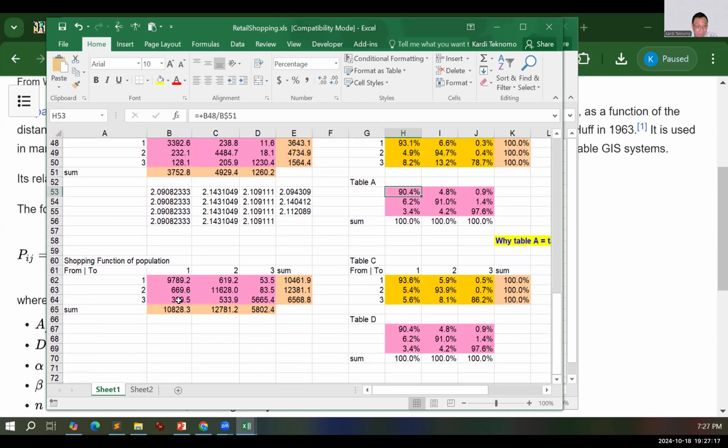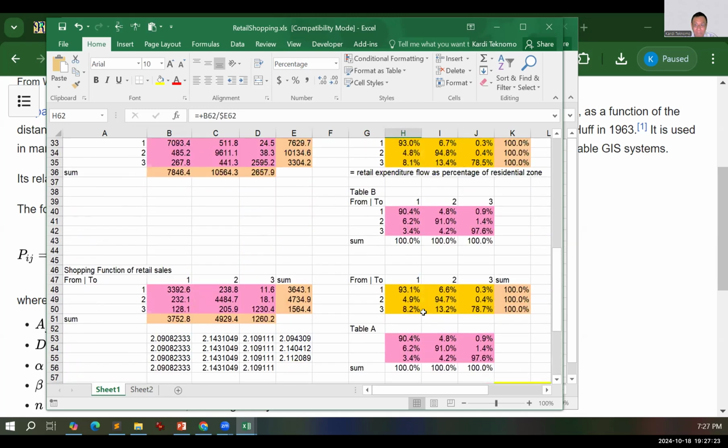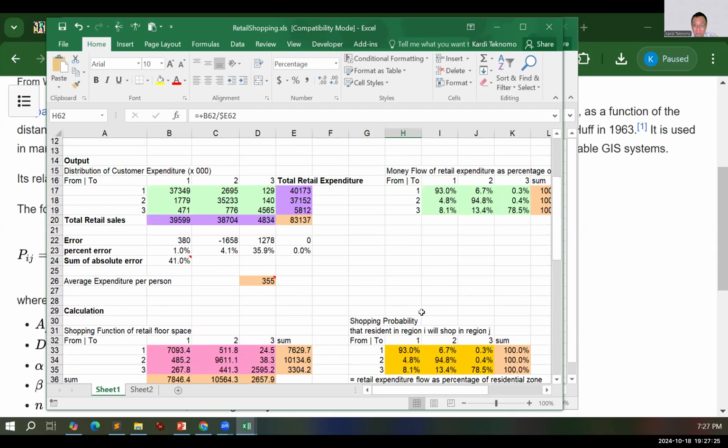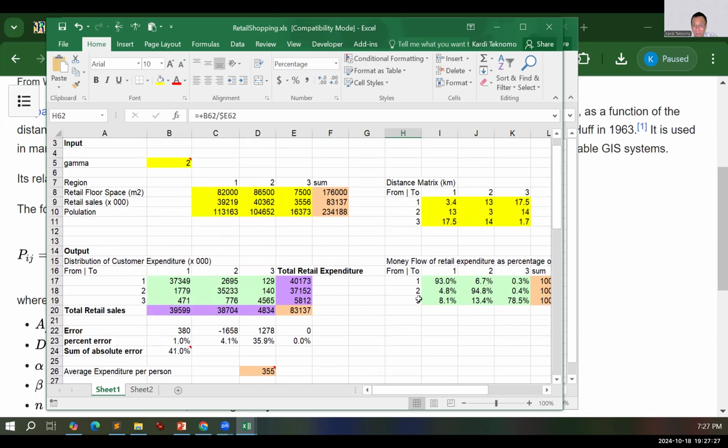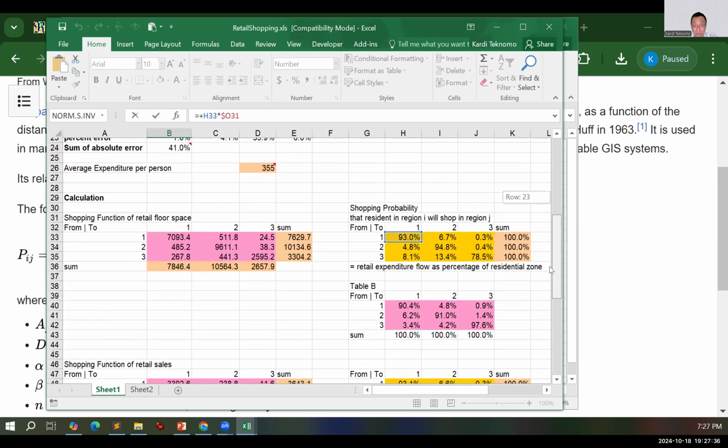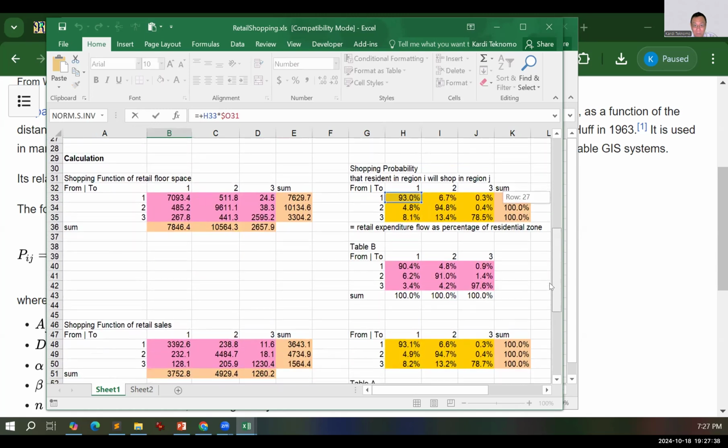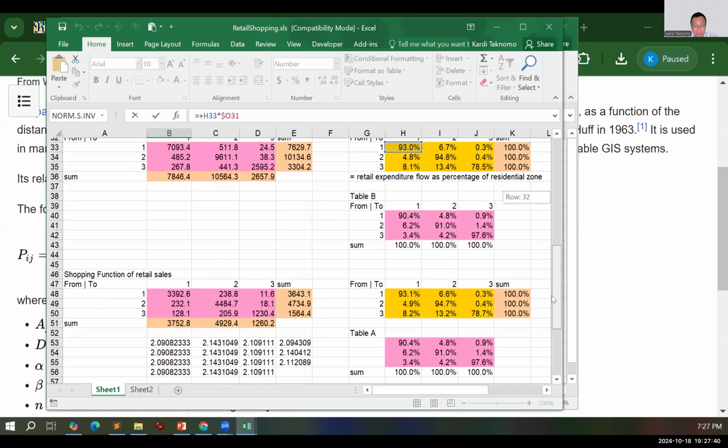And you can also put it as a function of population. You can get certain values. From there, you can get the output, which is based on this probability multiplied by the